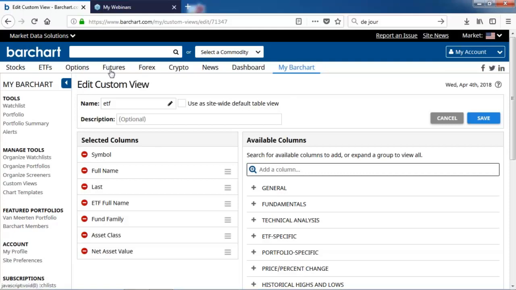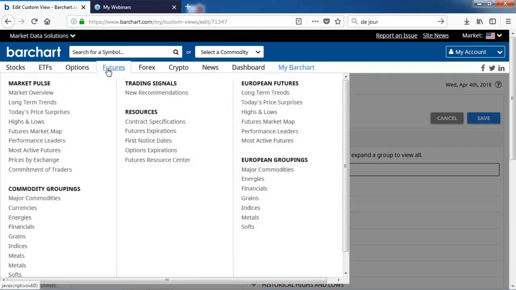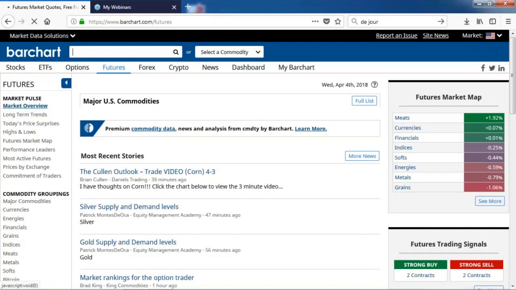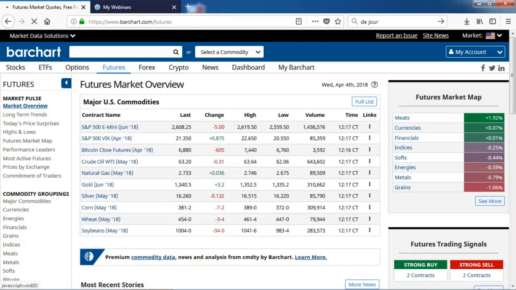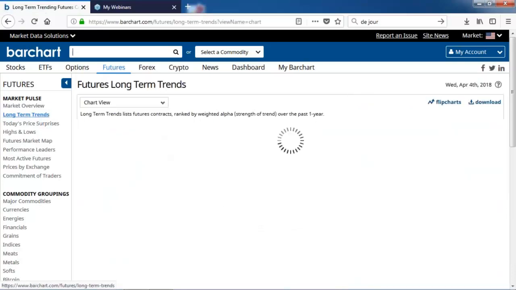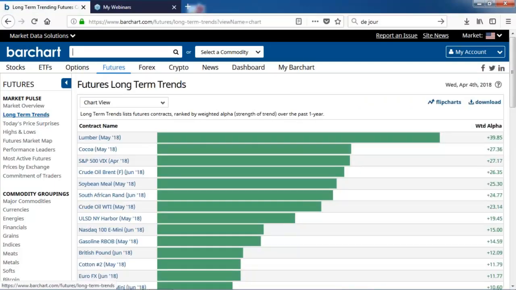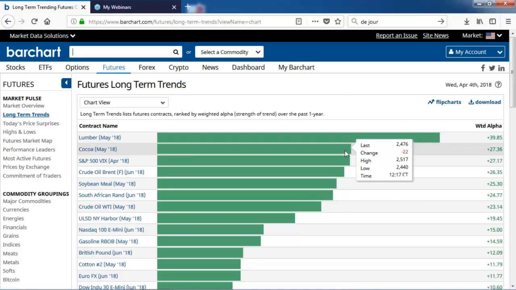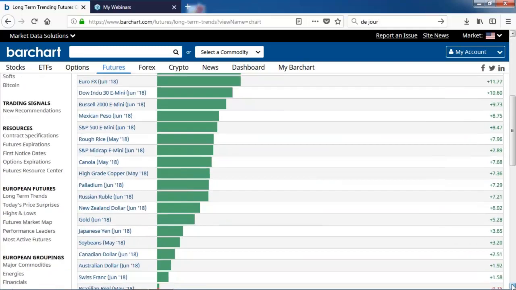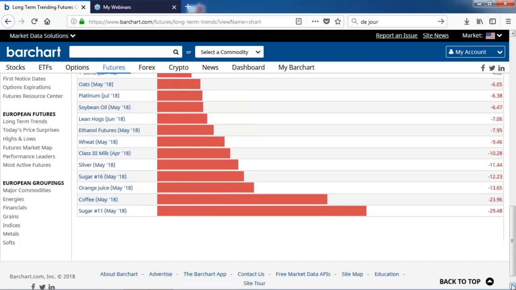And in the same right, there are some other features that we have at Barchart here for futures. Let's just take a quick look at that. So the long-term trends. This is a unique look that you don't have for stocks. It's called the chart view, which just looks at the weighted alpha for the last year, so you can see which are the best performing and which are the worst performing in the futures markets.